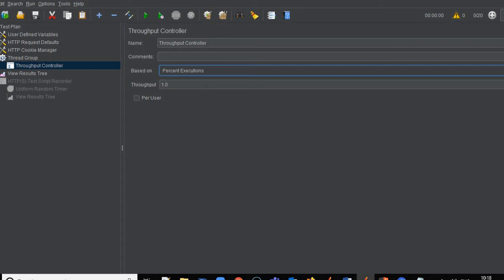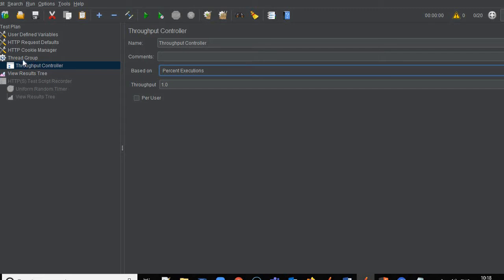Let's say my scenario is I have 4 different flows within the same thread group, and I want a different load on all the requests at the same time.